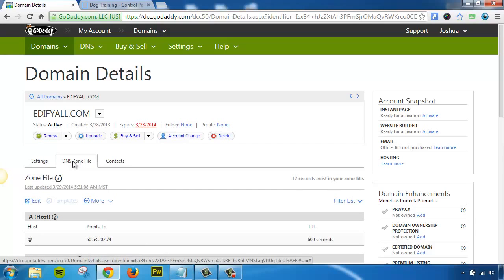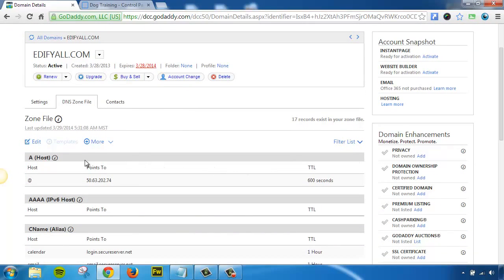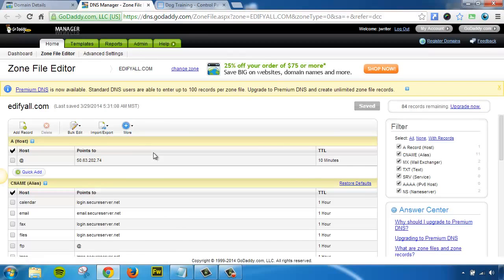Let's click on that. This will take us to our zone file editor, and what we're looking for is our host record, which is right here. It's the very top one. We're going to need to edit this host record and change the IP address. So I'll click on the edit button. This will bring me to the edit screen for the zone file editor, and there's the host record. It's still the very first one that we see,